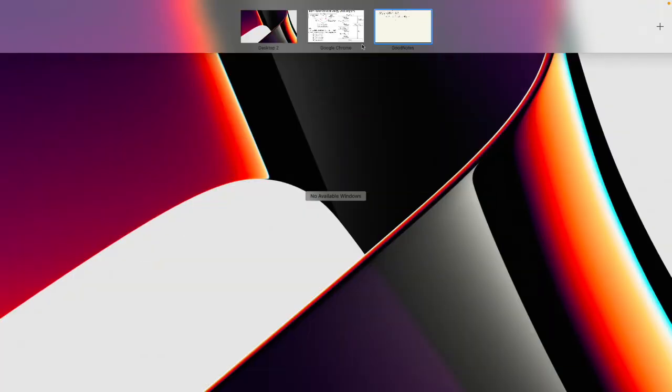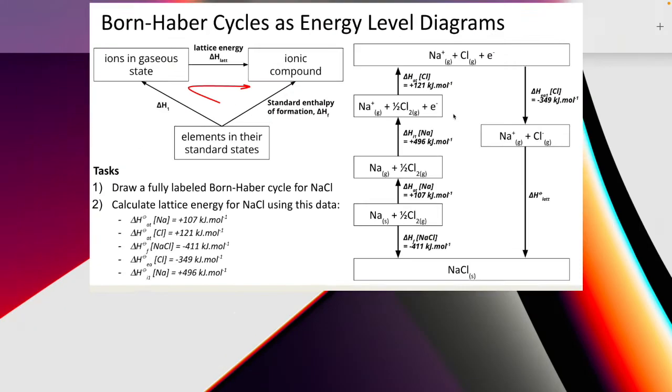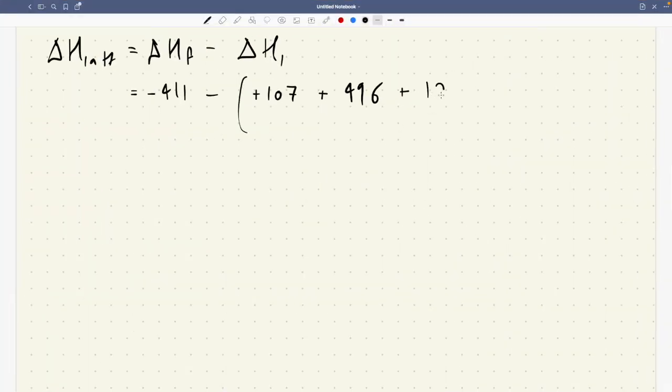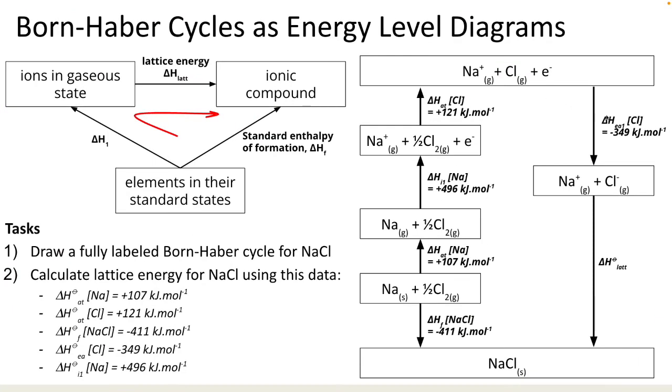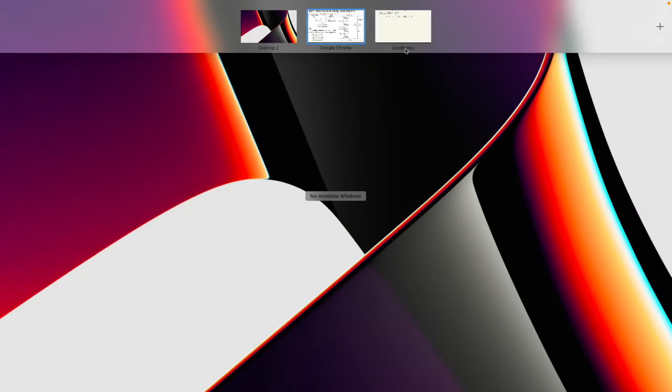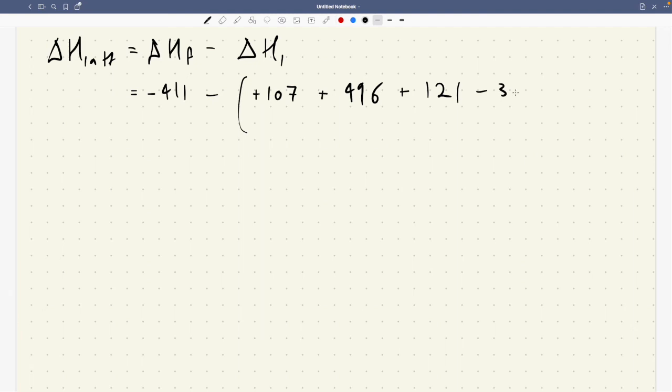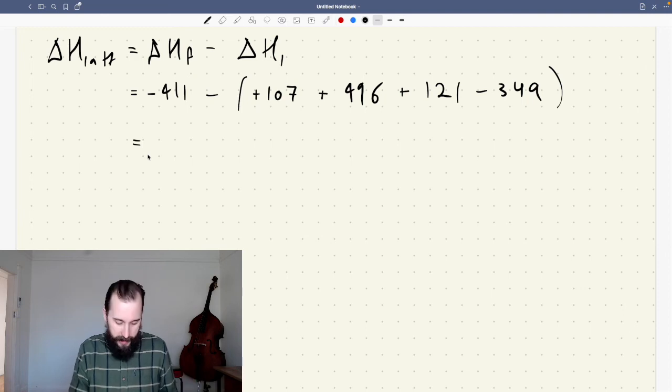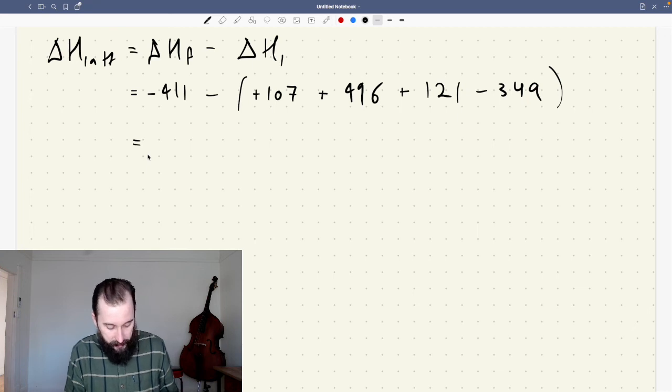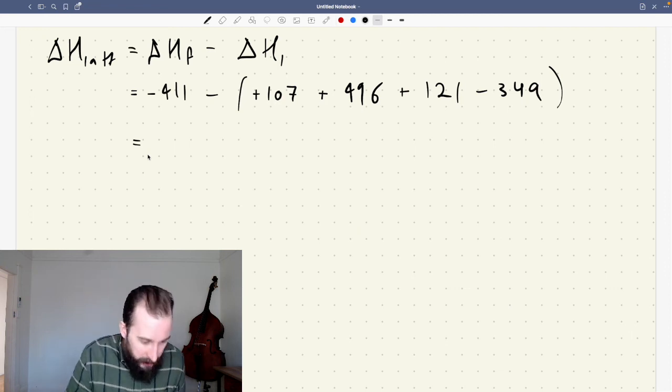And then we'll add that to the atomization of the chlorine, which is 121. And then we will subtract our electron affinity of the chlorine, which is minus 349. And Hess's law tells us that if we add all of this together, my bracket was annoying me there, which I'll do on Old Faithful, the calculator. Minus 411 minus 107 plus 496 plus 121 minus 349. That gives us a value of minus